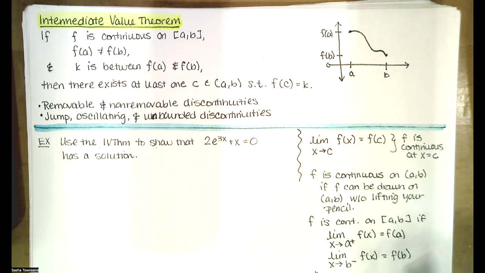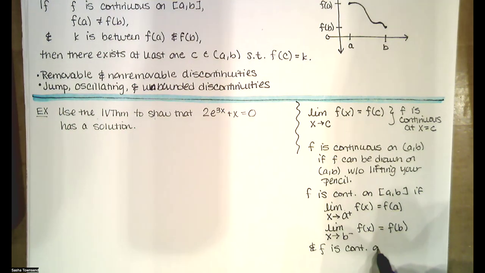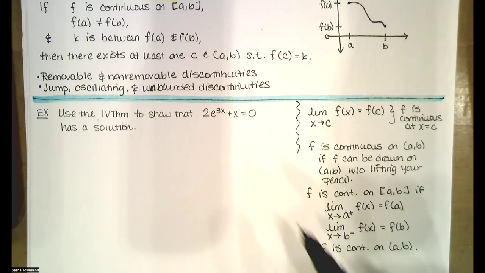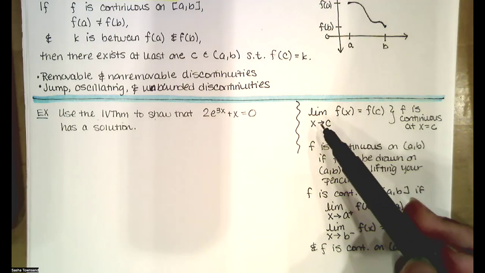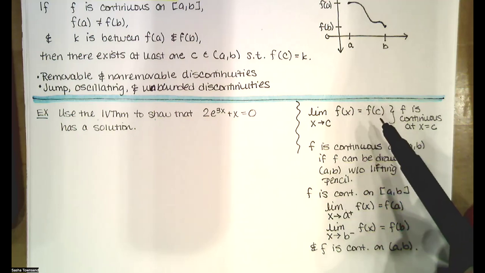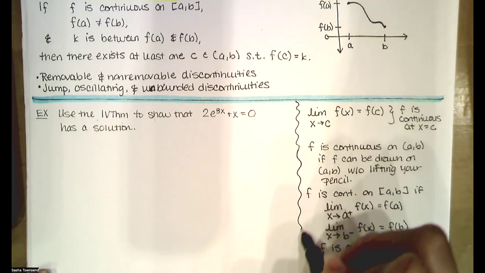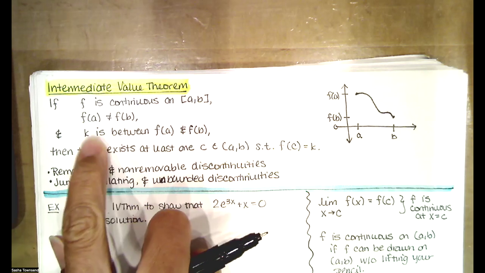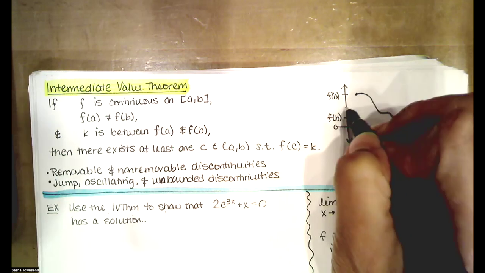So we say it's continuous in the closed interval if those are both true, and f is continuous on the open interval between. Again, that just means you can draw the whole curve without lifting up your pencil, or pointwise, for every x value in the interval from a to b, you can just plug in the x value, and that'll give you the right value of the limit. So provided that that's true, and those two function values are not the same, and k is some number between f of a and f of b, so it's some number in here,